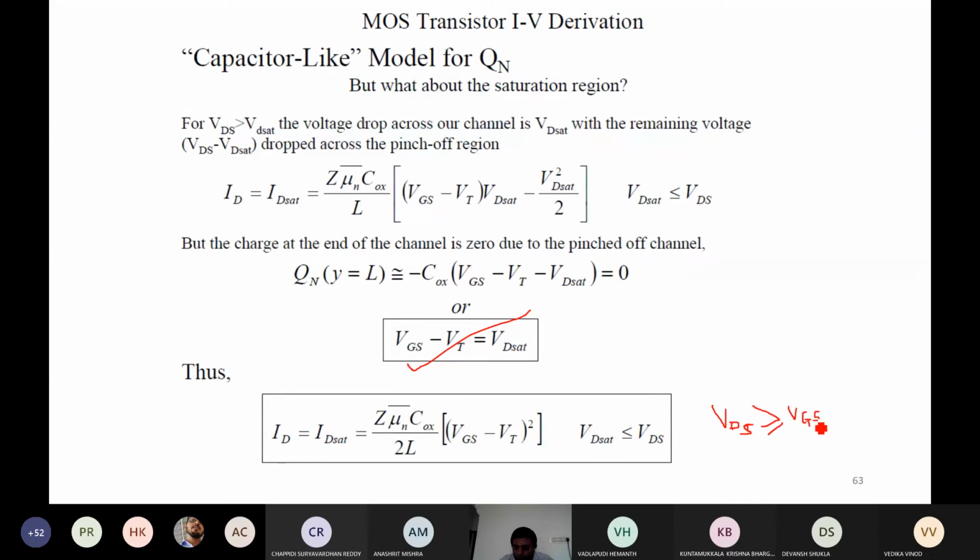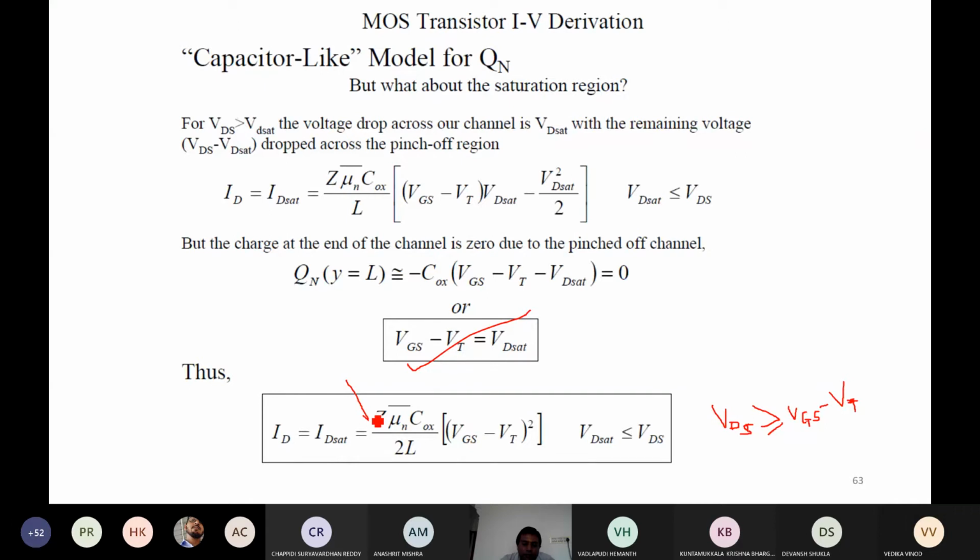VGS minus VT. So this is the condition. Obviously, in this case also, gate voltage is greater than VT. So VDS is greater than VGS minus VT, and gate voltage is also greater than VT. In that situation, we get the mathematical equation for the drain current, and this Z